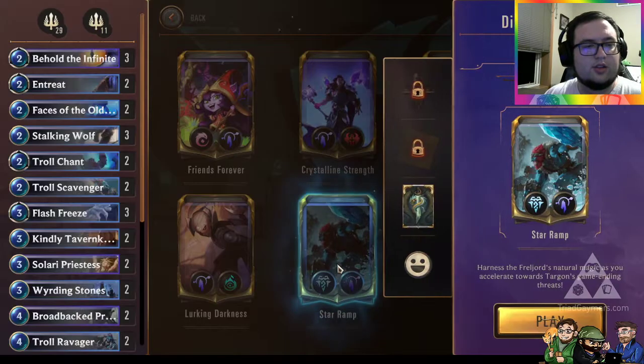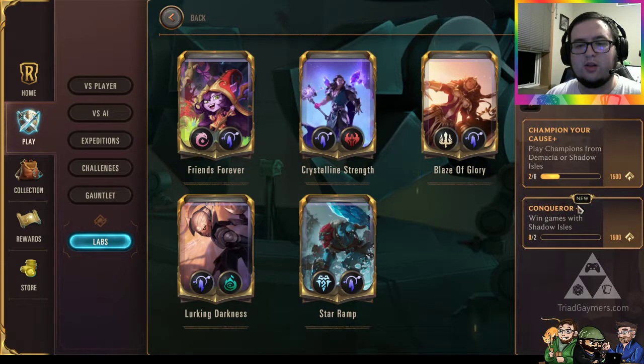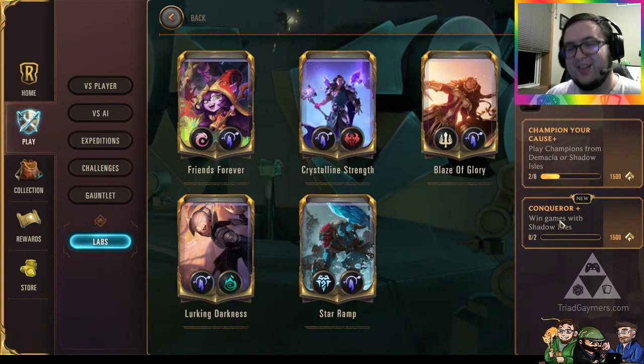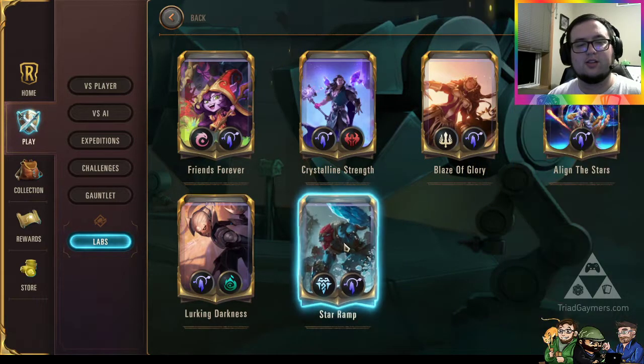So, let's see. Yeah, I can play this more. The only thing, I think my quests don't really match up with it. Yeah, it's based on Shadow Isles. I have to win games with Shadow Isles, which I haven't done tonight, as you see, because I guess we played 1 each. So, I might just play that on a different day and get rid of that without the precons, because I just like the Star Ramp, but...